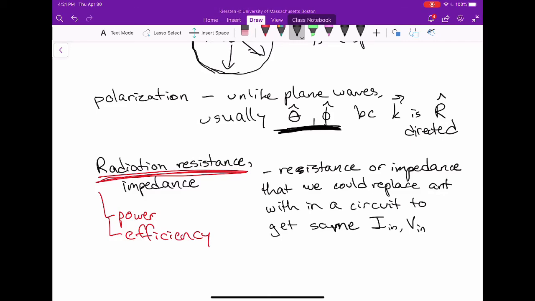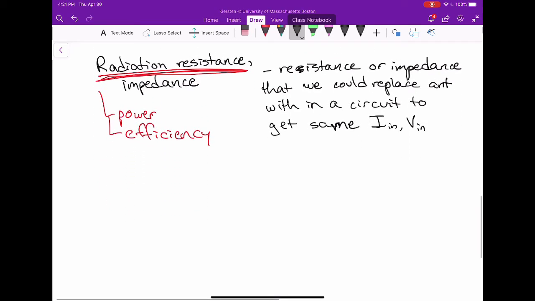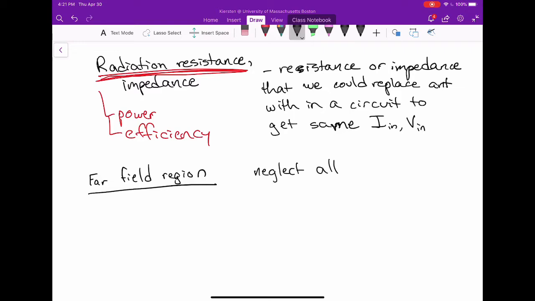The last thing that I want to mention right now, and I'm going to get into the real definition of this, is the far field region. And we made some allusion to the far field approximation before, and that was saying that we could neglect all 1 over r squared and 1 over r cubed field terms. But there's also an approximation that we can make in the phase argument of our